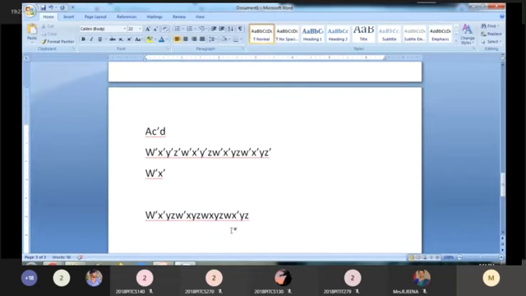Okay, so W bar, W bar, W, W. 2 W bars and 2 W's are there, so you have to cancel the W and W bar. Then X bar, X bar, X, X. 2 X bar, 2 X, so cancel the X and X bar. Then Y, 4 Y's are there, so you have to consider only 1 Y. Then Z also 4 Z's are there, so you have to consider only 1 Z. So your answer is YZ plus W bar, X bar.